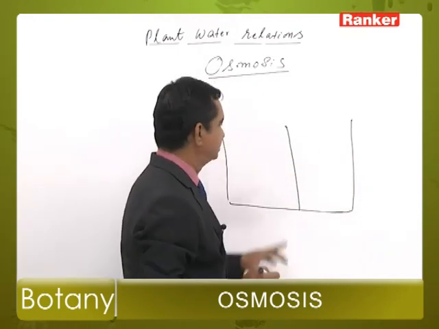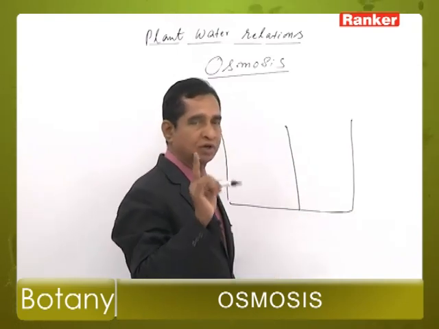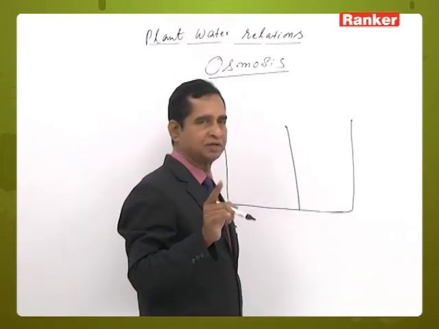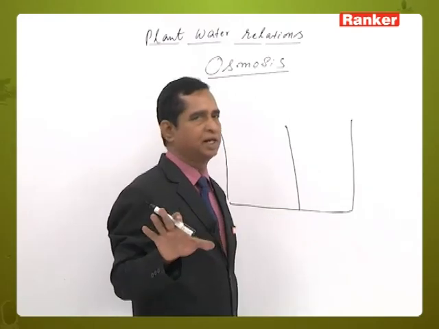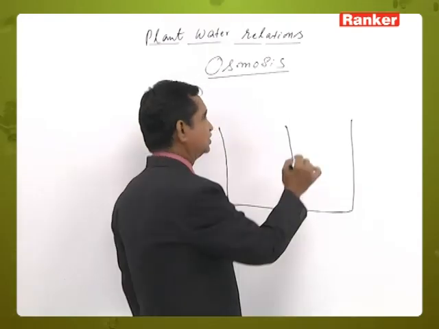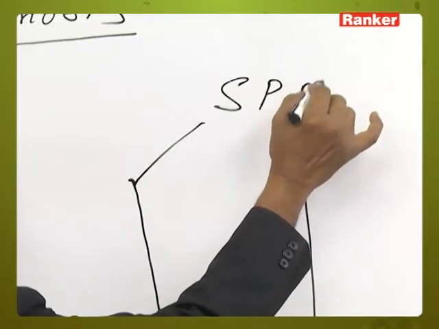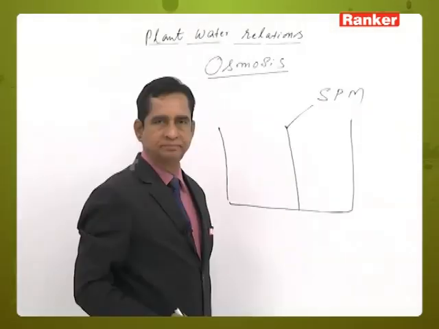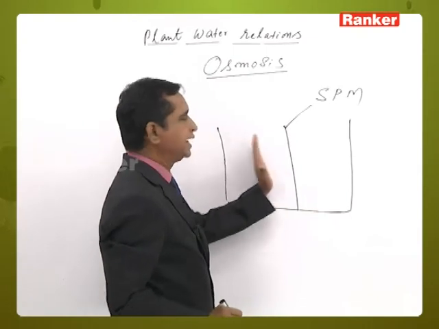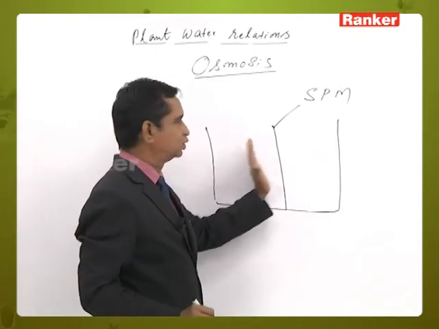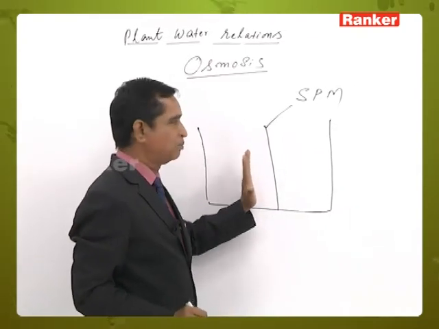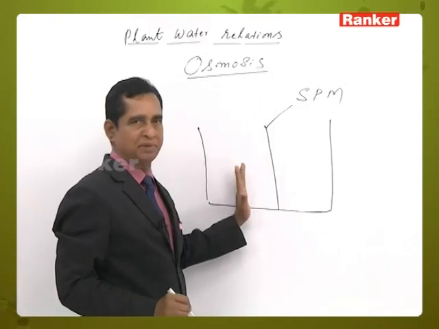That means this membrane allows only solvent molecules but not solute molecules. So this membrane is a semi-permeable membrane. So this container is divided into two compartments by a semi-permeable membrane,